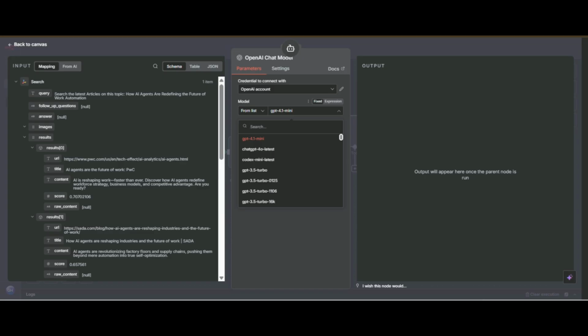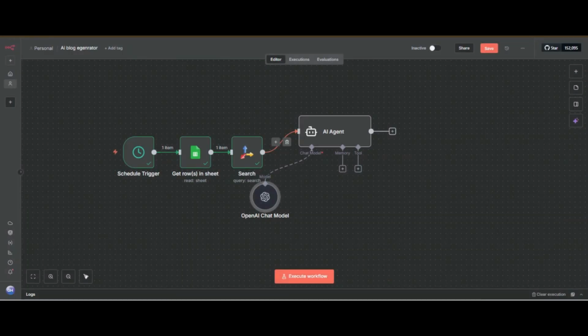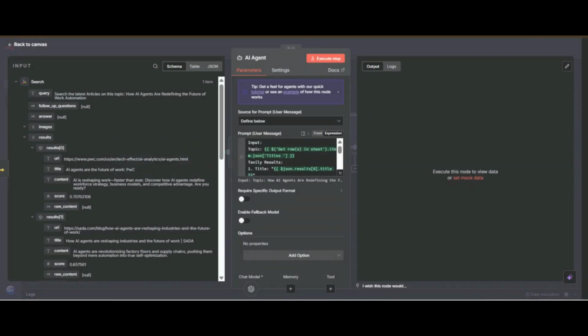So we do not use 4.1 mini or other smaller models. We have to use an upper level one, like I will use 3.5 turbo. So now we have added it, and we have to add our system prompt.